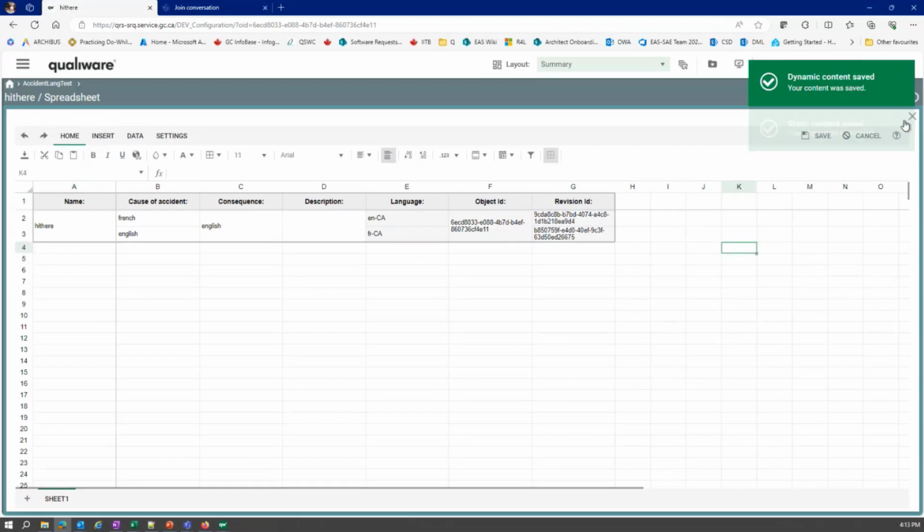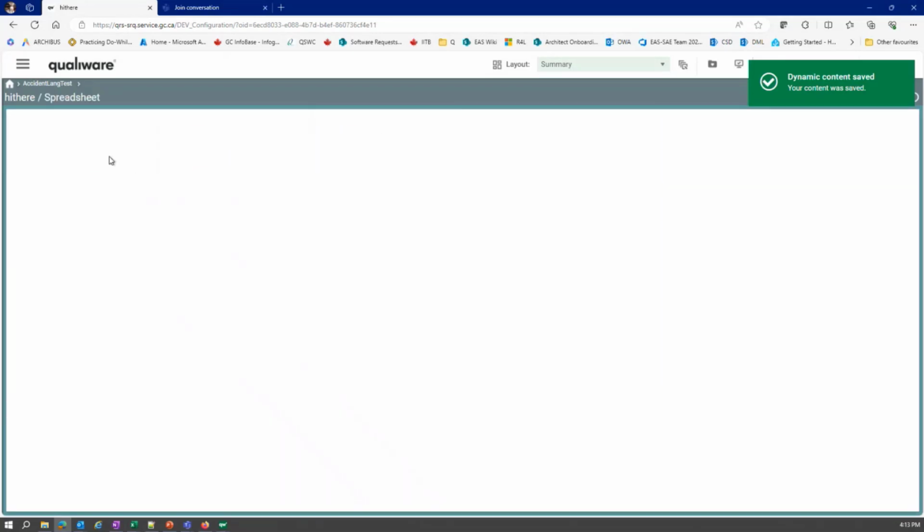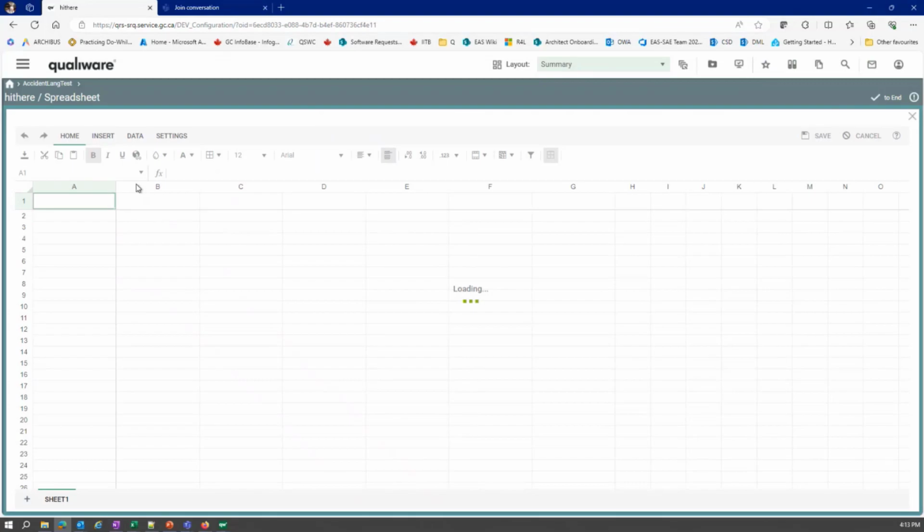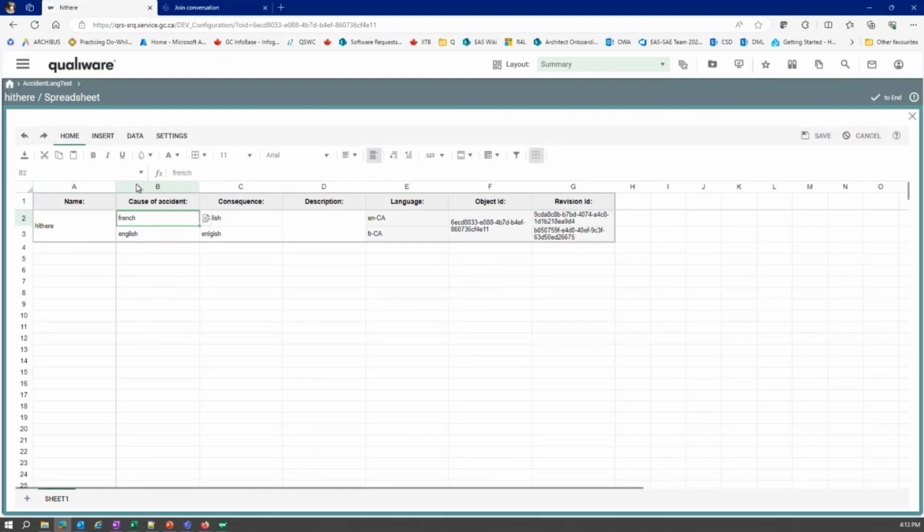And just reload this. So the idea here is if I want to translate on the fly, if I knew both languages, I would want to look at the object, look at the language of English, and translate it in French.